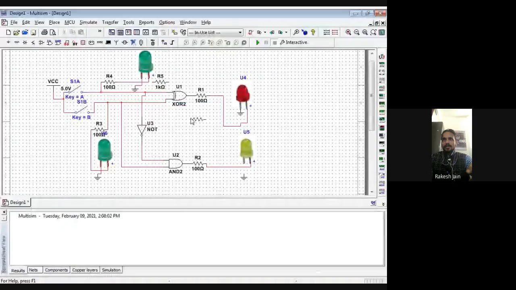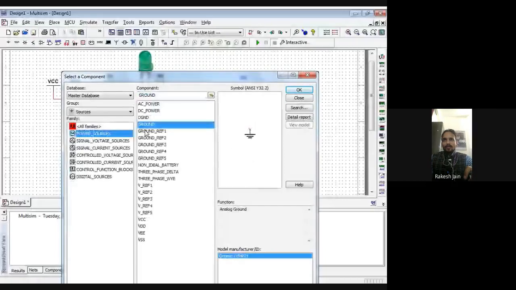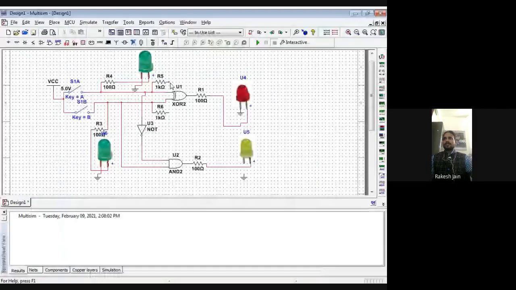So go to Basic and go to Resistor, then use a 1k resistor. Now 1k resistors are connected at the input side. These are just the current limiting resistors. So 1 kilo ohm resistors are connected here and here, and grounds are also connected.